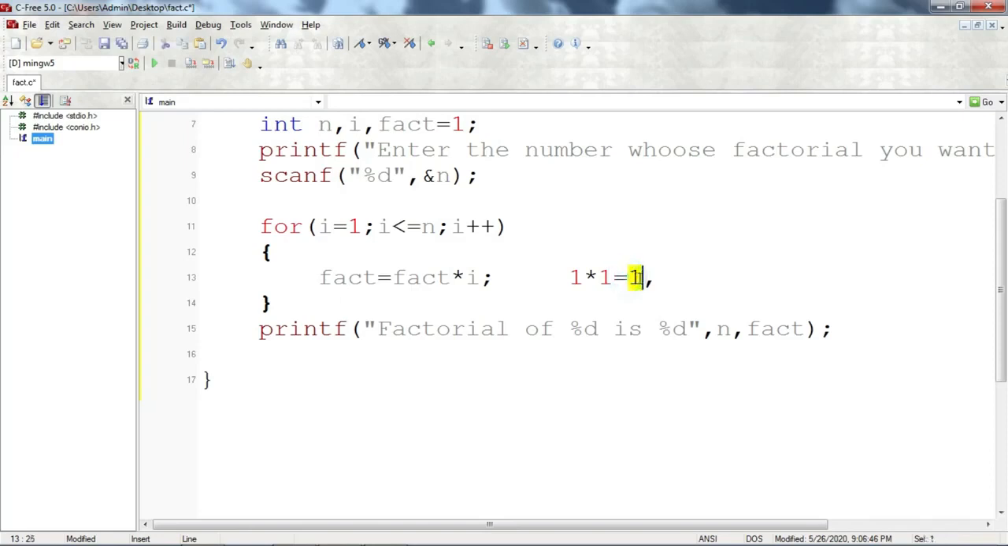We find out the value of fact, which is 1. So here we write 1, then into I. Now the value of I is 2. So here 1 into 2 is equal to 2. This 2 value is again stored into a variable fact. Now again there is an increment